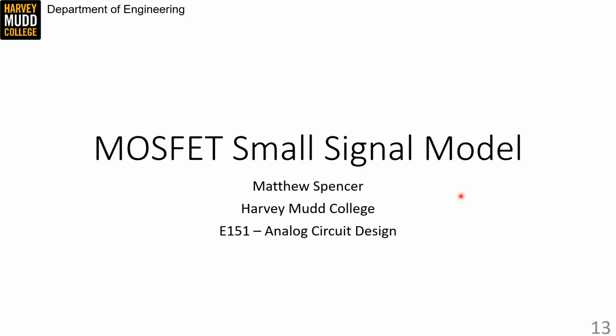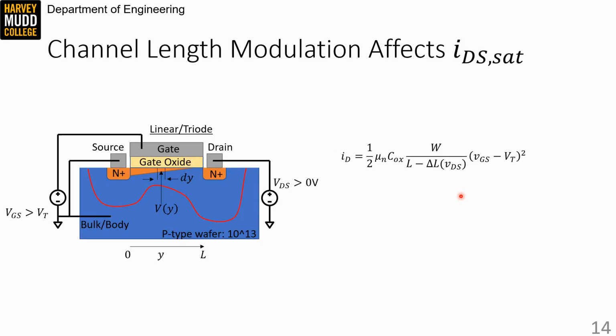In this video we're going to convert our MOSFET large signal model into small signal models. We need to add one detail to our large signal model to make that conversion, and that detail is called channel length modulation. When we did our analysis of MOSFET current in saturation, we assumed the channel length wasn't changed